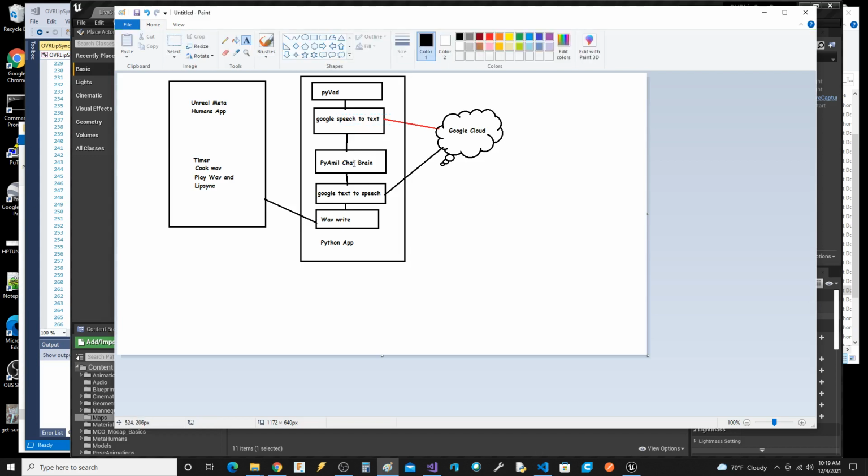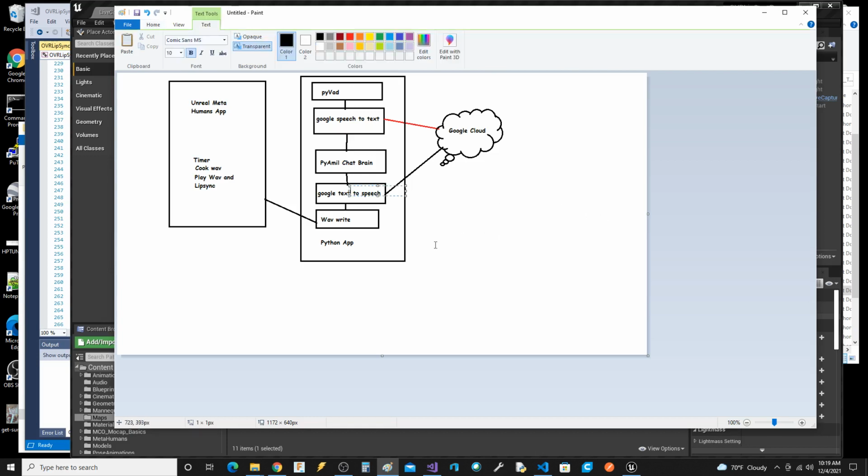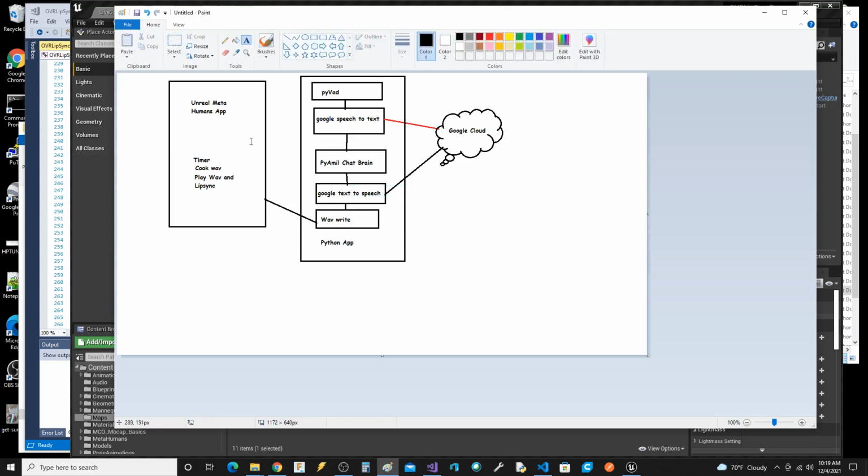And the brain could also live up there. And it could go to either PyAML, or it could go to GPT-3 with some sprinkles of code around that, do the conversion, and then send back a wave on a socket. And you know, to Unreal.